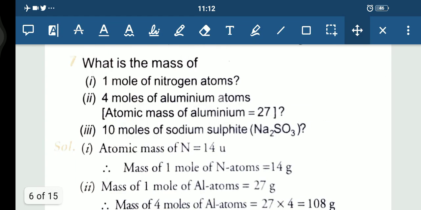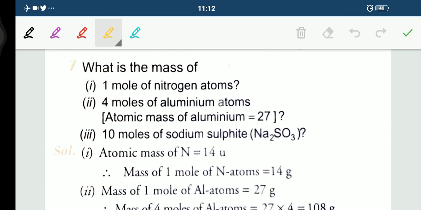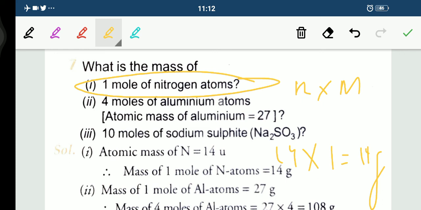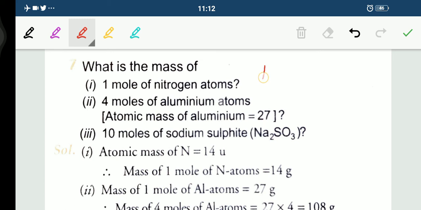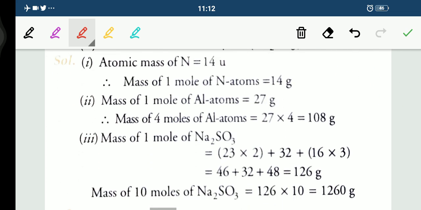Fine. In the same way you can do the rest of the things. Like here they are asking you to find out the mass for 1 mole of nitrogen atom. I have already told you how you will be finding the mass, by multiplying the number of moles into molar mass. So here 1 mole is given, multiplied with molar mass, it's 14. So 14 ones are 14 gram. Similarly, you can do the 4 moles of aluminium atom. They are asking you to find out the mass. How to find the mass? Number of moles into molar mass. Moles are given, that is 4. And what is the molecular mass? 27. Fine children. Your answer comes out to be